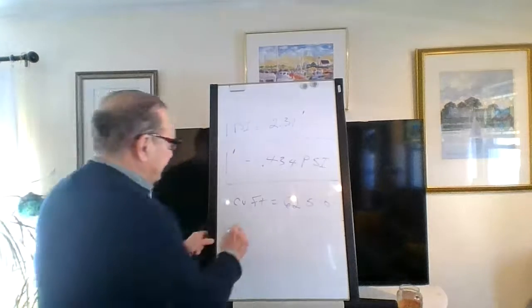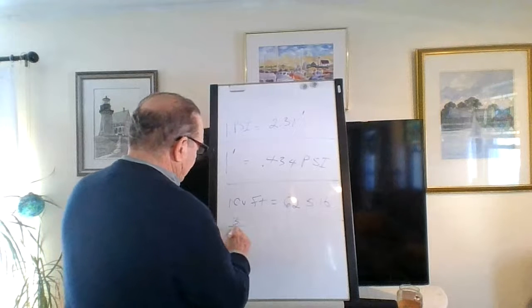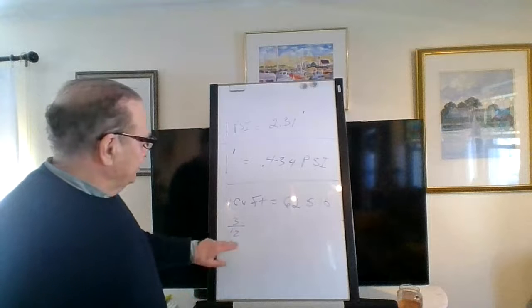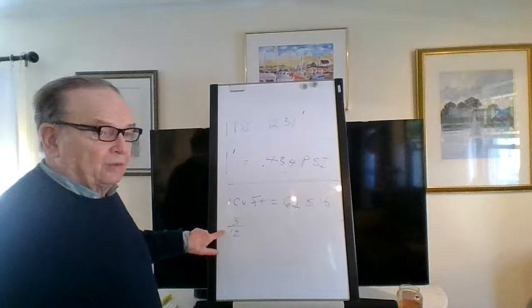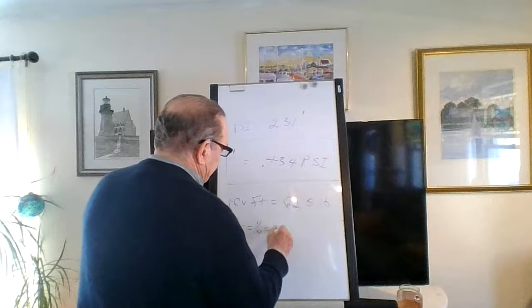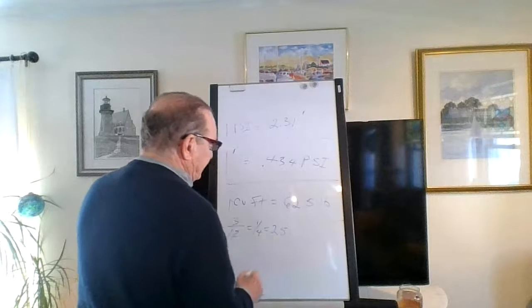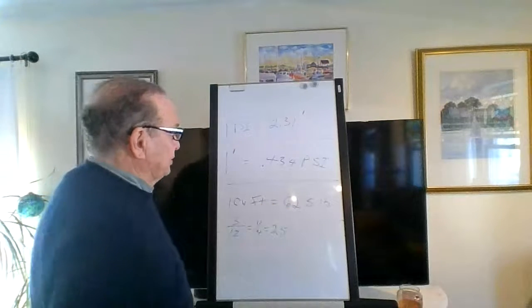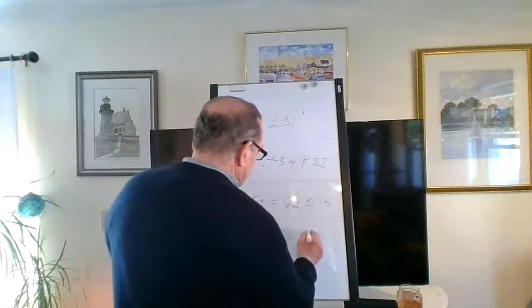So what do you got? You got 3 inches over 12, right? Because it's 12 inches high. A cubic foot is 12 by 12 by 12. So that's 1/4, 0.25, or 25%. So 25% of 62 would be